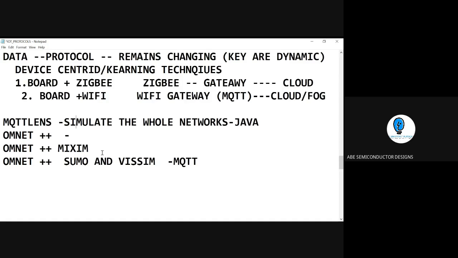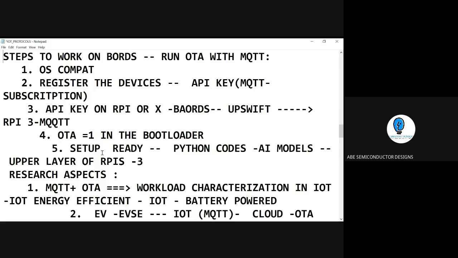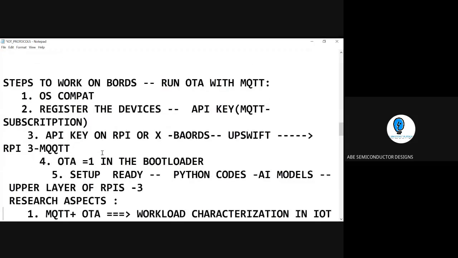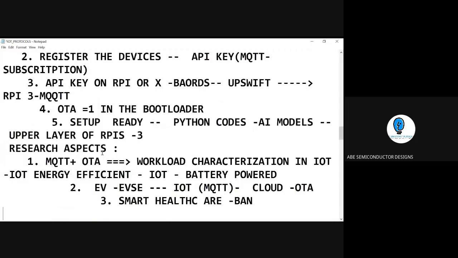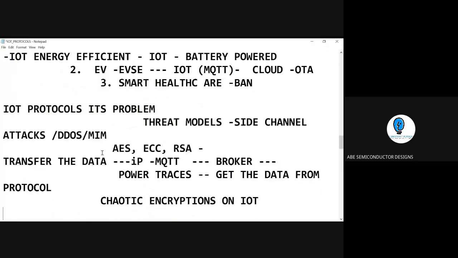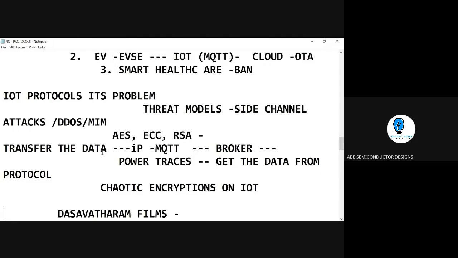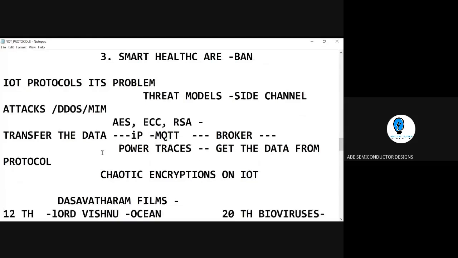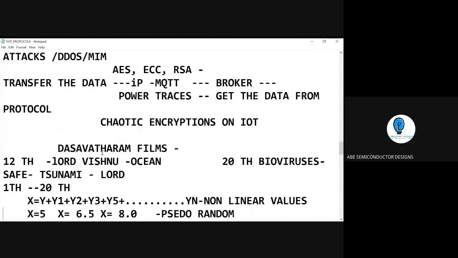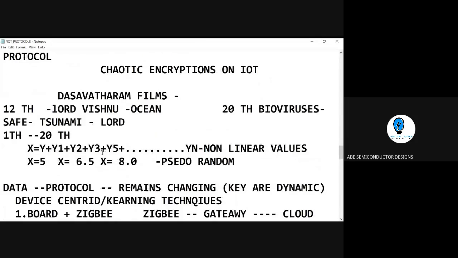That is starting from the basics of MQTT, applications of MQTT, how to select MQTT on the board, and IoT problems: when you transfer data on MQTT, even though we have API keys, what is the problem and solution, and the new methodology of chaos, which I told you. Please watch that film. If the film is clear, I can give you a clear explanation about this. So that film is the cases of chaos.